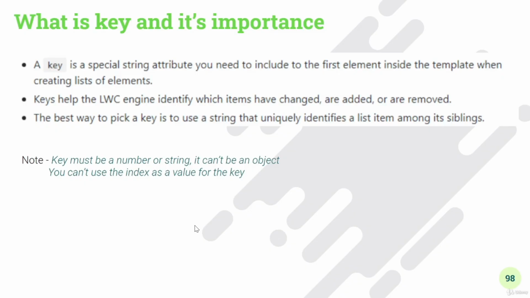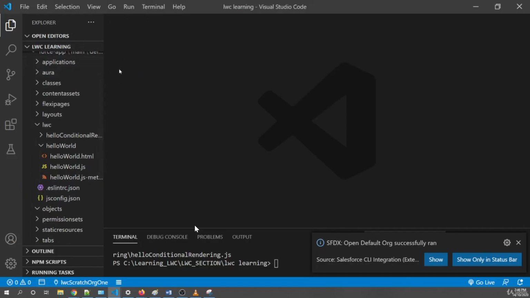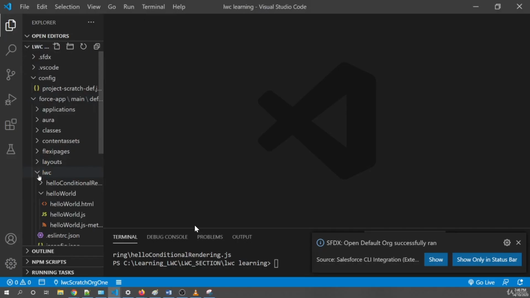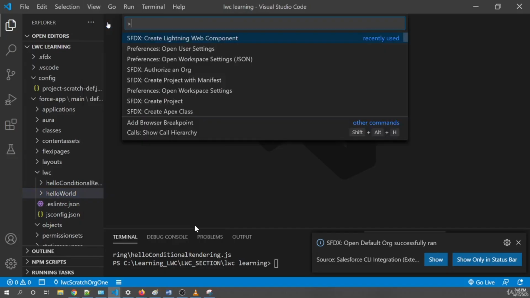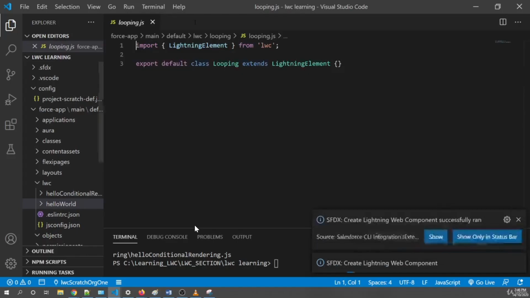So let's go to our VS Code, close all your windows, and now we'll create a new component. I'll go to View, select Command Palette. I'll select Create Lightning Web Component. I'll give my component the name looping. I'll hit enter, take the default path. It will create the